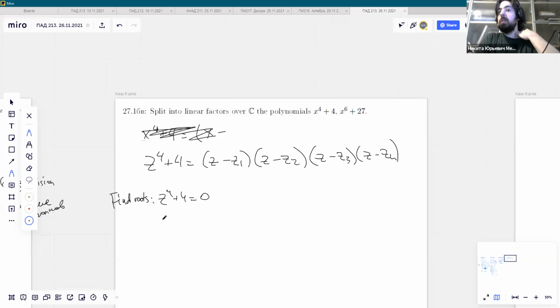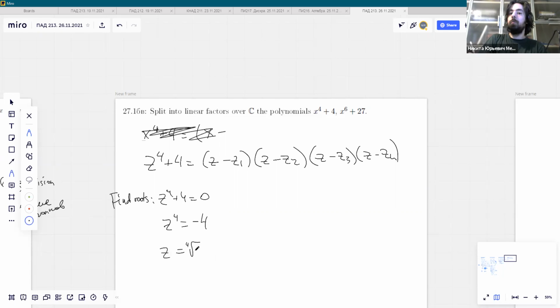But this equation is easy to solve. Generally, we don't know how to solve equations of 4th power, but you won't have such a task. This particular equation, we know how to solve. We need to put -4 to this side, and then we already know the formula for 4th power roots. So z equals